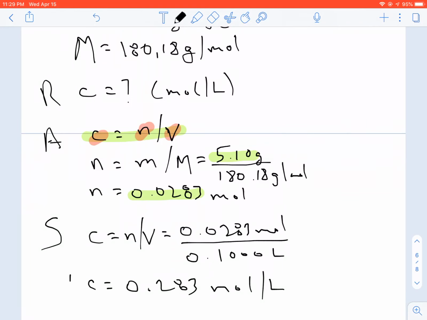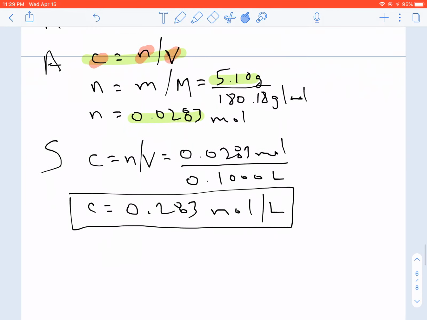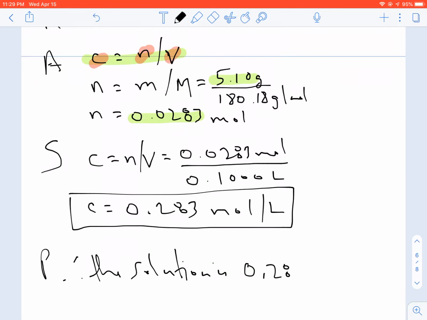Okay, so if you go to the hospital and they have the drip going into your arm, the concentration of sugar, if it's a glucose drip, will be 0.283 moles per liter. So phrase, therefore, the solution is 0.283 moles per liter of glucose, which is the chemical which is dissolved in the solution. All right, so